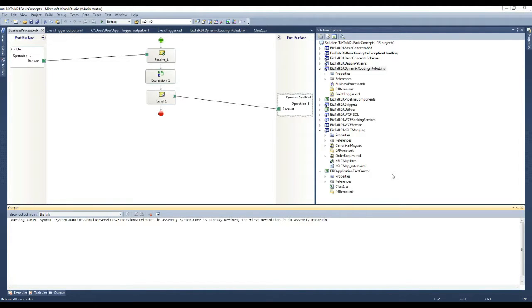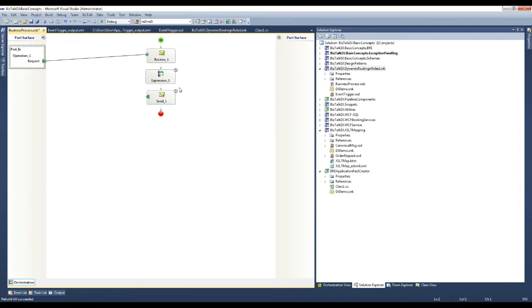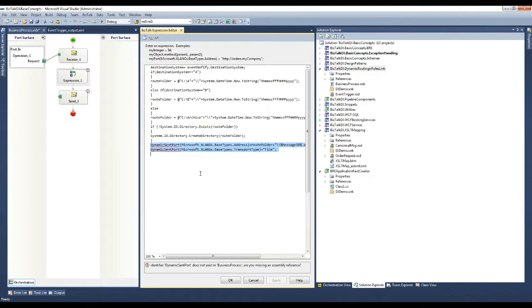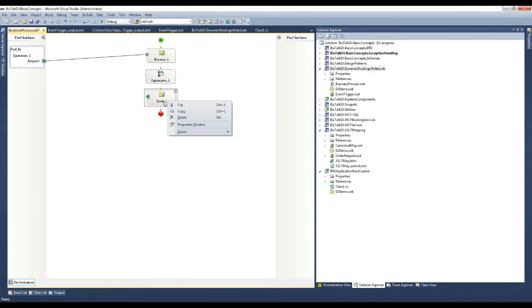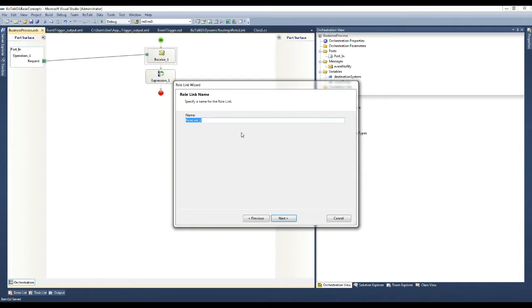Now let us try to achieve the same dynamic routing using roles and links. Let me delete the dynamic send port. Let us create a new role link, and we will configure the role link as route loan link, as we are going to use this role link type for routing the message based on the destination system.